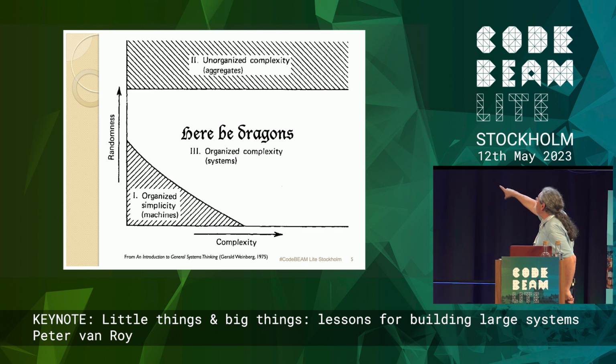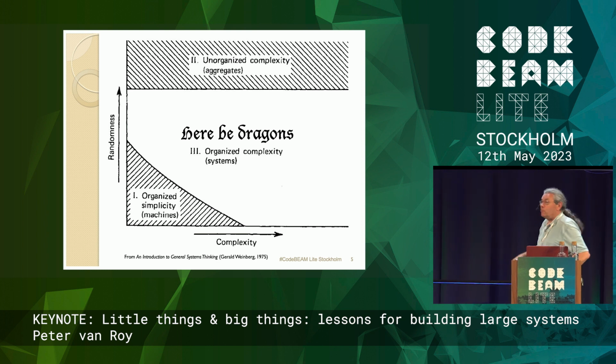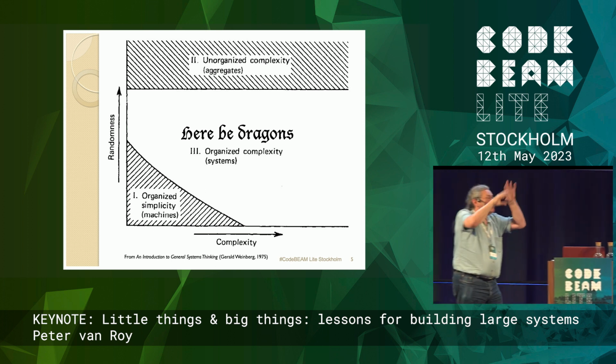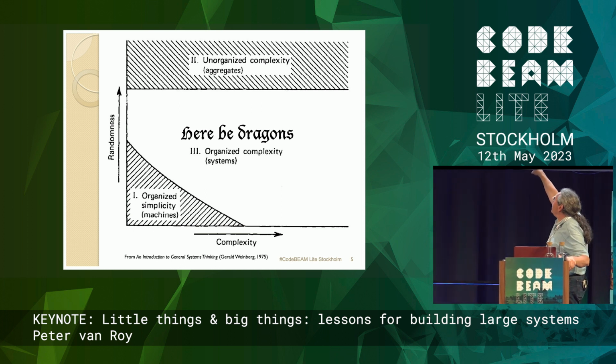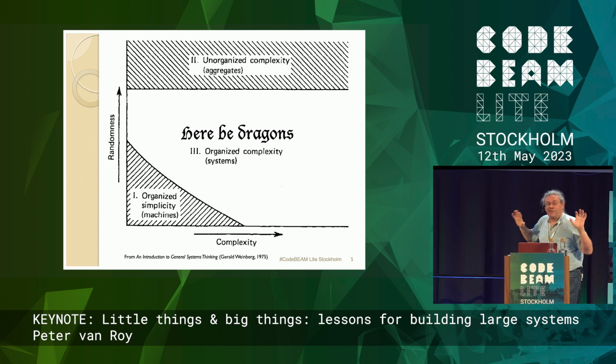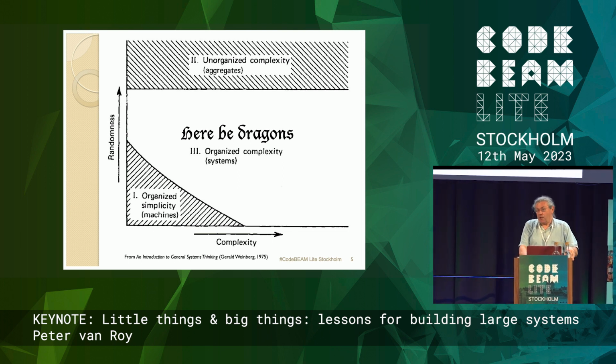This is a famous diagram from a book from '75 on general systems thinking. So you have complexity and randomness. On the left bottom, you have machines, which is organized simplicity, things like mobile smartphones. Of course, the complexity gets a little bit higher, but they're not so random. And up on the top, you have gas in boxes, lots of unorganized aggregate. And in the middle, you have the interesting stuff. And this is almost unknown. So computer scientists, and you guys, are the ones pushing the boundaries of this. What I'm going to say today is going to be in that white area.